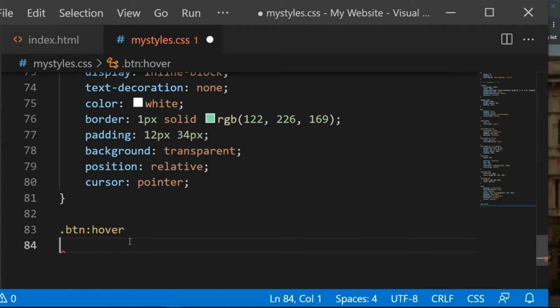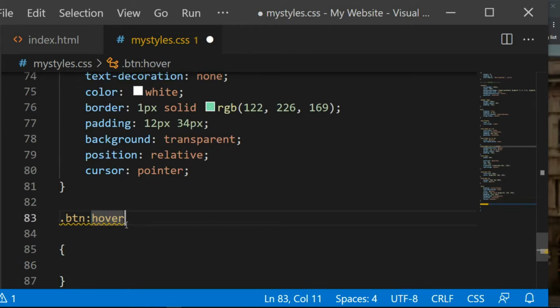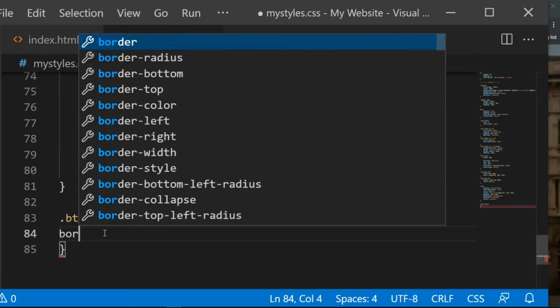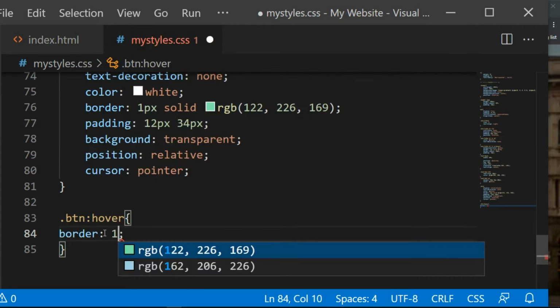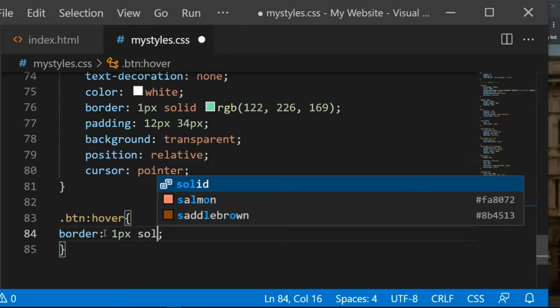and then open and close, actually sorry, it's open and close the curly braces there. And so now let's style it when you hover. So when you hover, the border should just remain the way it is. And then now perhaps let's change the color for the border. So of course it's going to be 1 pixel solid, but now the color,